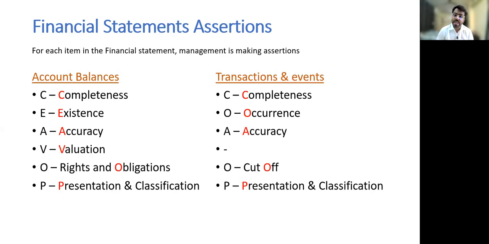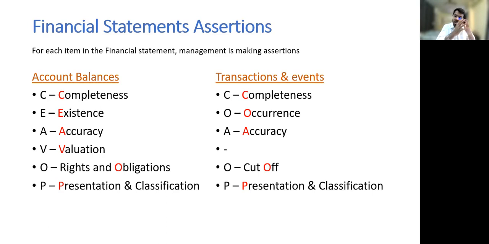So whatever has been recorded, whether that has actually occurred or not. That's why the word existence has been changed to occurrence. Because for balance sheet items, you can call it existence. Plant and machinery exists, trade receivables exist, land exists, inventory exists. But for your P&L items, you can call it occurrence because they occur. Sales occur. Purchases occur. So the same concept, it's just that it's called occurrence.